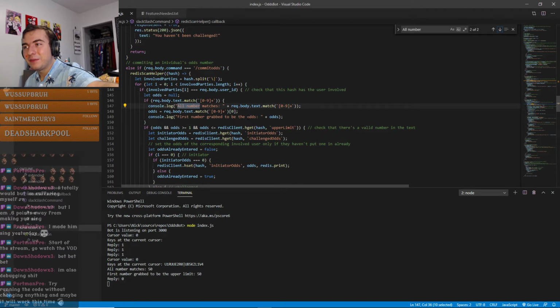But it'll handle itself in the sense that you need to have odds that are greater than or equal to 1 and less than or equal to the upper limit. But that's not possible if the upper limit hasn't been set, because the upper limit is defaulted to 0, and so you can't have a number that's greater than or equal to 1 and is also less than or equal to 0. So that handles itself, but I should probably make a more graceful way of handling it in the future. Anyways,